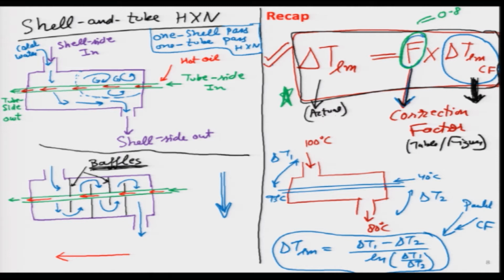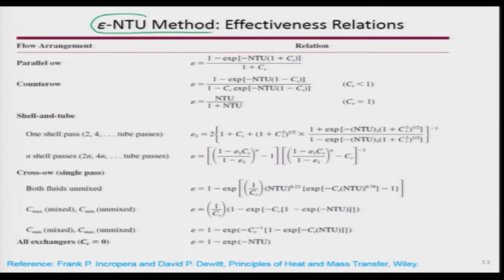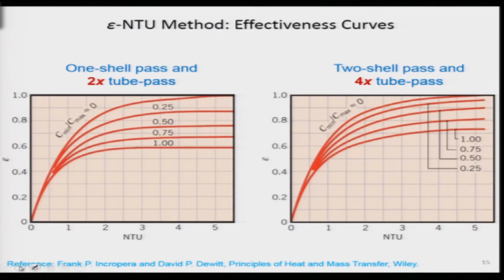So, these are things that we have looked at in the last lecture, and today we wanted to start a very interesting topic related to heat exchangers, which is summarized over here, which is the epsilon NTU method. So, this was the number 2 method that we were discussing earlier. So, let us go ahead and look at what type of tables and graphs and curves we will be using. But in order to figure it out, we have to start from the very basics.